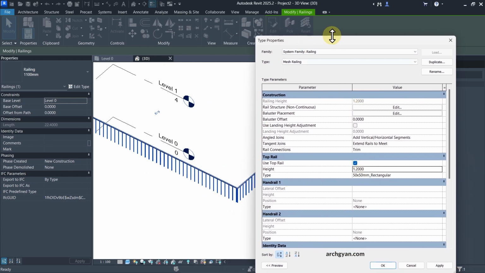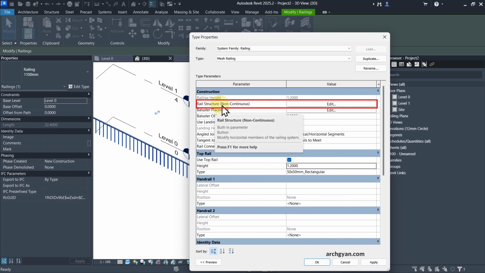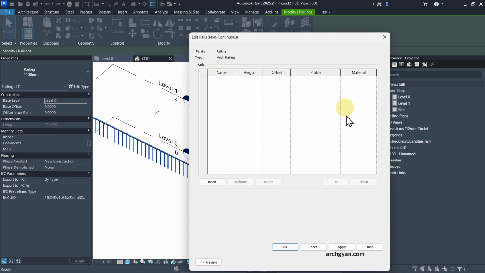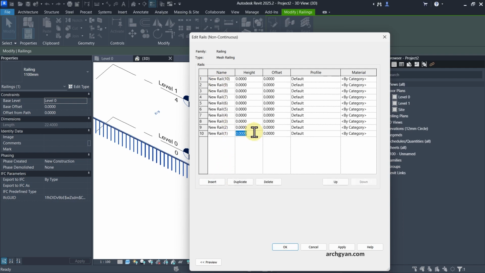Let's first include the horizontal mesh elements. To include the horizontal mesh elements into this railing type, you need to edit the rail structure. So let's click on Edit here. Right now you can see it is blank, and that's why we do not see any horizontal elements. So let's click on Insert, and I'm going to insert about 10 horizontal elements. Each of these elements is going to be spaced about 10 centimeters apart. So I'm going to type in 0.1, 0.2, 0.3, and so on. Alright, so I've added the railings here at a spacing of 10 centimeters between each of them,